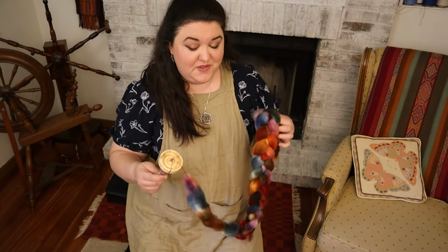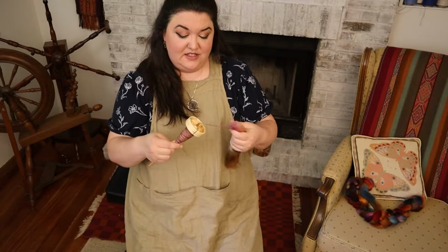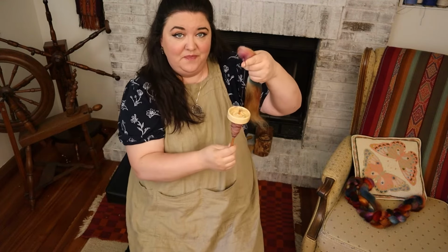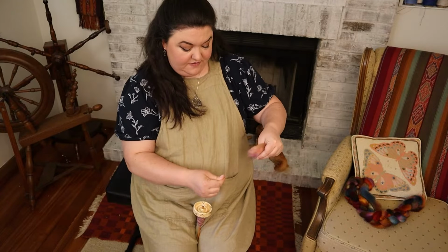Let's begin with some park and draft spinning so we get kind of a baseline for where we're starting from. Park and draft spinning is often what people do when they first start spinning with this type of a spindle. And so what happens is we give it a whole bunch of twist and get it going, right? And so now all this twist has built up in this strand of yarn. And so then we park it, usually by putting it between our knees or something, setting it down somehow so that it's parked. And now we have all this twist built up here, so we are going to draft out